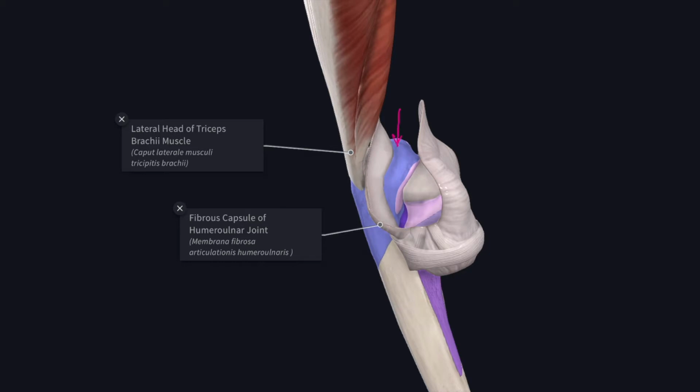It is rough and it gives attachment, from before backwards, to the capsular ligament of the elbow joint and to the insertion of the triceps brachii, with the bursa intervening between them. The posterior end of the upper surface forms the point of the elbow, which lies in a horizontal line joining the medial and the lateral epicondyle of the humerus in an extended elbow. But during flexion, the line joining these 3 bony points forms an isosceles triangle.